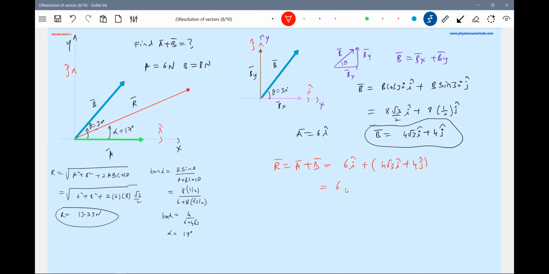So root 3 is how much? Okay, this will make them common. After this, 6 plus 4 root 3, which you can write as 12.93. This is R bar. But we were supposed to get the value of R as 13.53. I think if I take this under root,